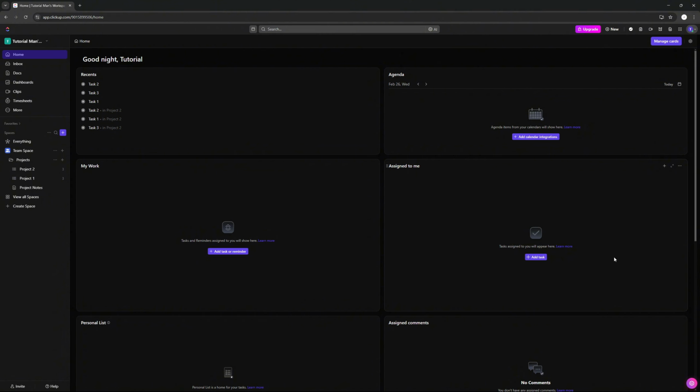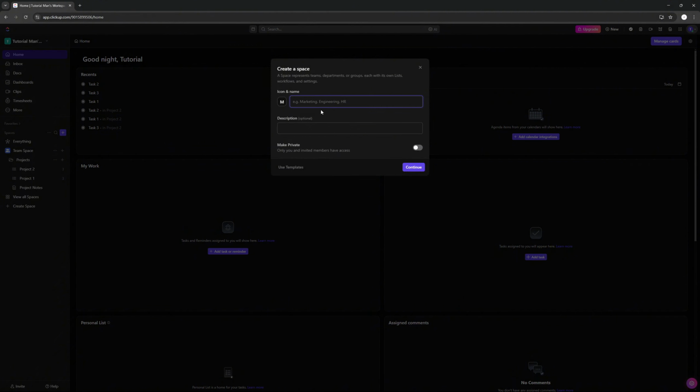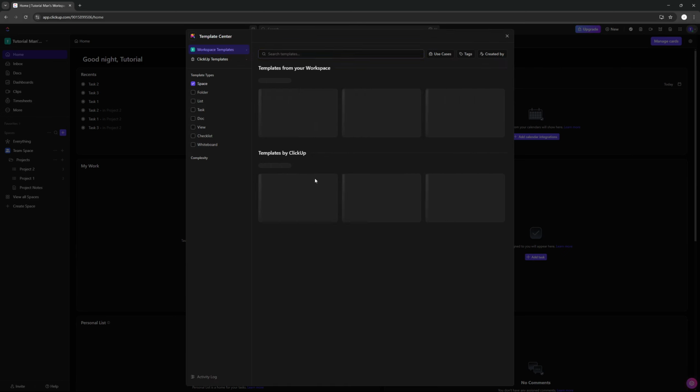So once we're in the ClickUp page, once we've signed up, we can be on the home page. This is it right here, and we can go on the left side and create a space. So we're just gonna name it My Workshop. And we're gonna make it private because we can do that, and we can share it with just specific people only. We can also use templates, so